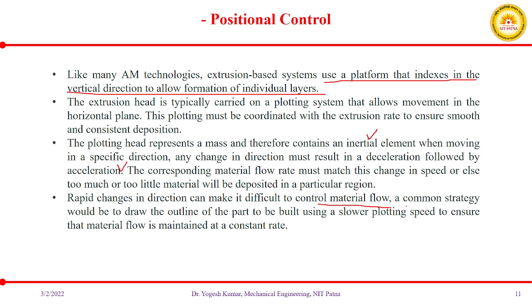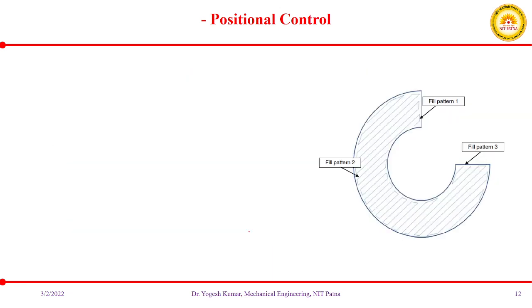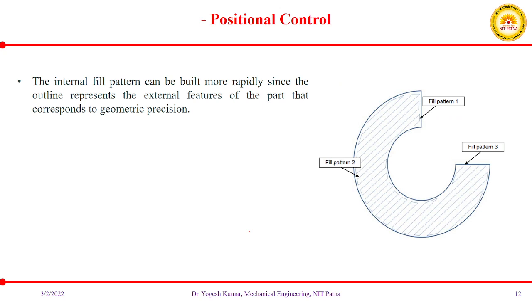A common strategy would be to draw the outline of the part to be built using a slower floating speed to ensure that material flow is maintained at a constant rate. Initially we can try at low speed, and then we can go for higher speed. Next part is